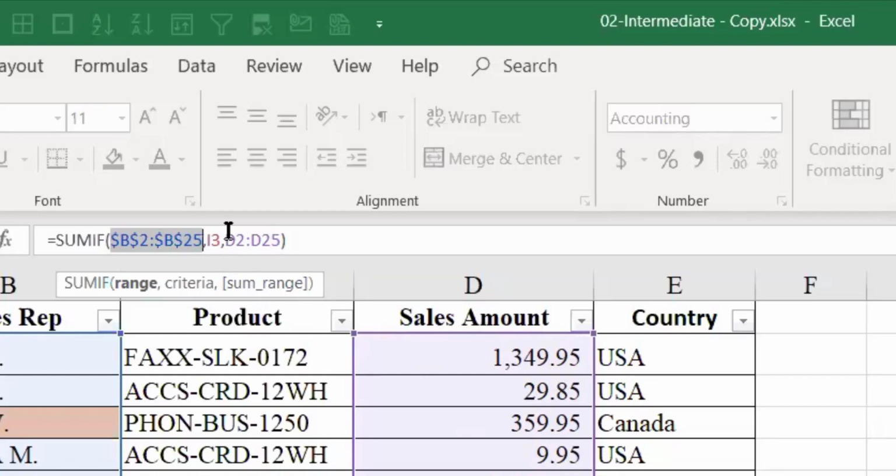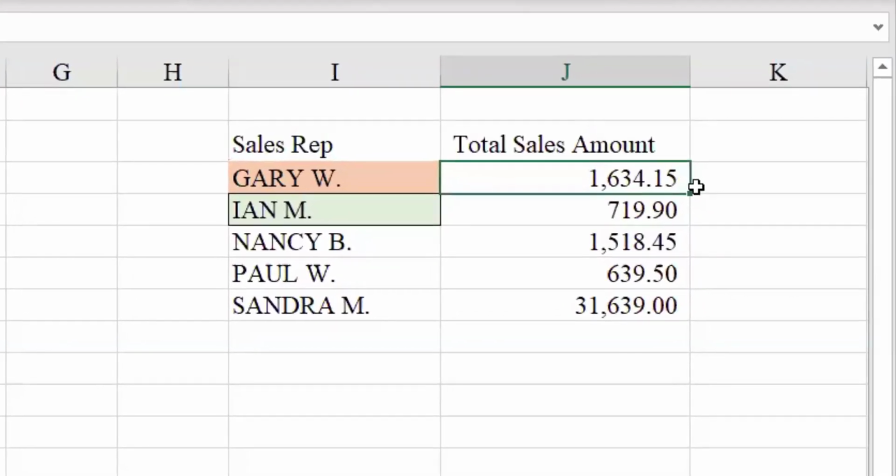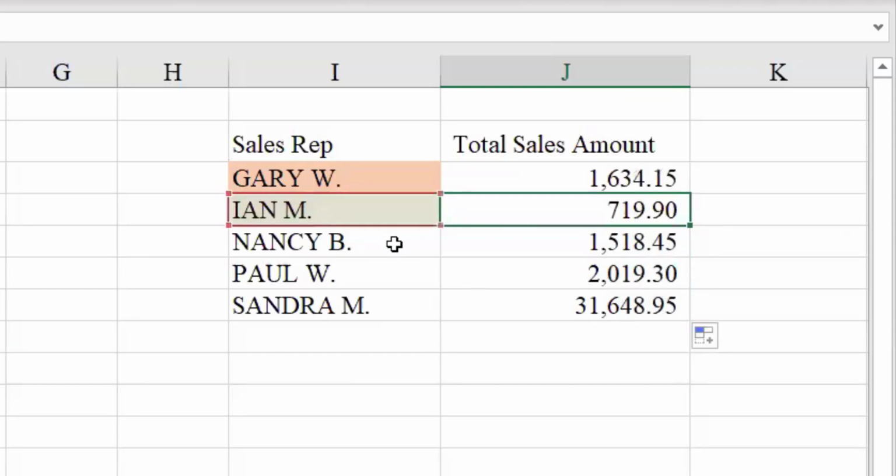Similarly, even the sales amount we should lock. Only this I3 should be left as it is, because this has to change when we copy it down. But this has to be locked: again press F4, function 4, and press enter. Now if I copy it down and press F2, it is referring to the entire range, and also to this one.